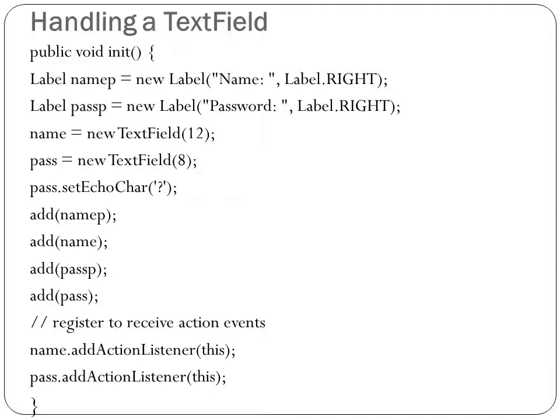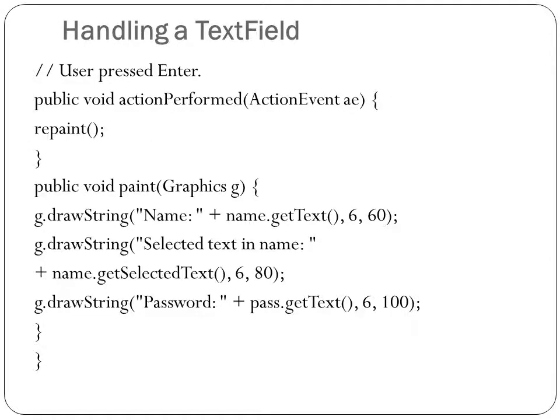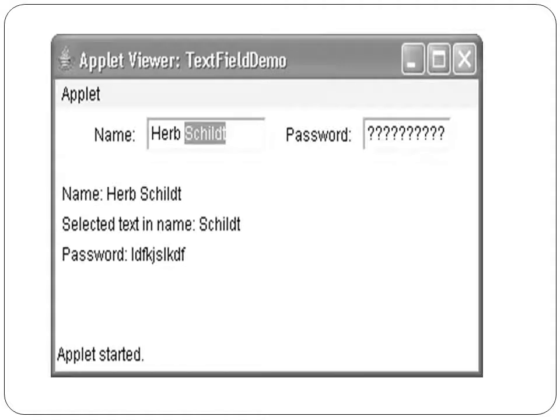Next, we have to register listeners to receive the action event. We have to register the action listener to both text fields. So if you run this program, the output will be displayed like this. There are 2 labels, name and password. There are 2 text fields. Inside the text field we can enter a value, and when you enter a value and press the enter key, an action event will